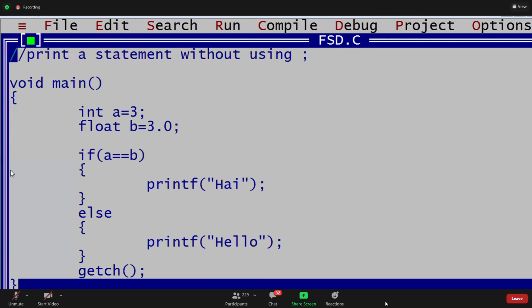Let's write that. Yeah, write it and tell me the output, guys.